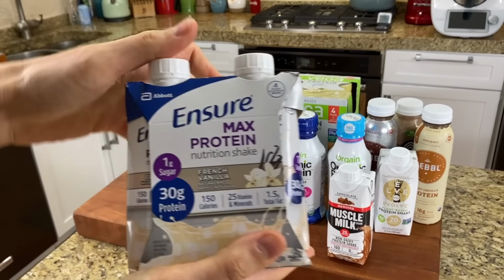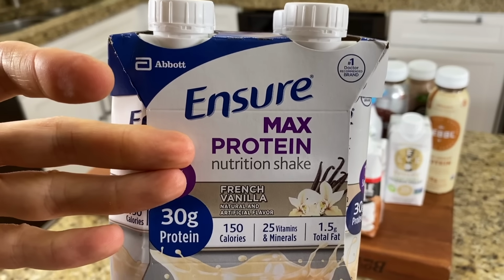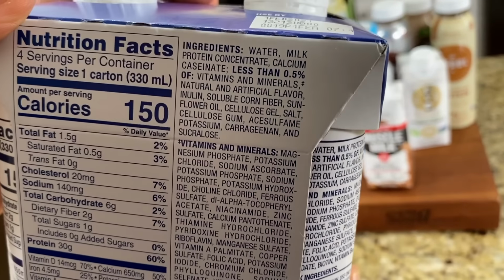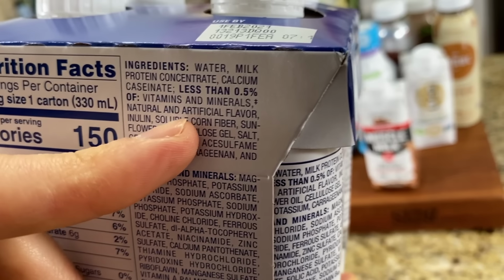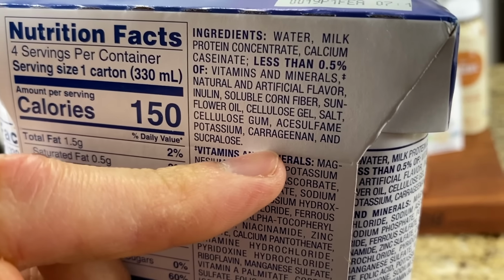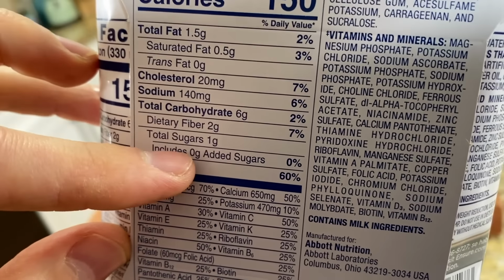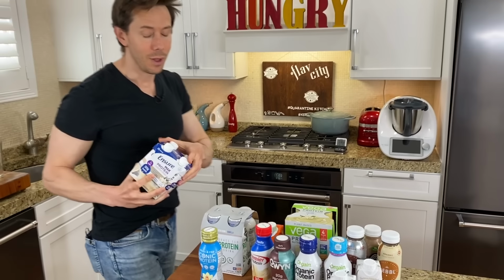But a lot of people like to gain weight and they ask me if Ensure is okay. And you know what? Even though my mom used to take this when she was battling MS, she died 5 years ago, it's not something I'd want you to put in your body. And I didn't know about this stuff back then. But we look here. Once again, same kind of stuff. Natural and artificial flavors and carrageenan and sucralose. This is so bad for your gut, you guys. And the reason they're doing it, so they have 0 grams of added sugar, but I'd rather that be in the form of monk fruit or erythritol, which leads us to, in my opinion, the best quality